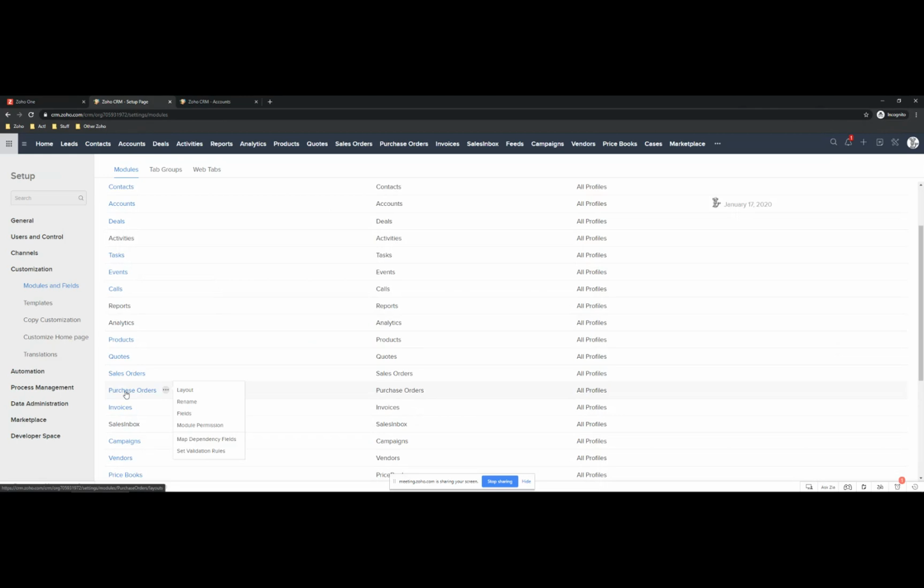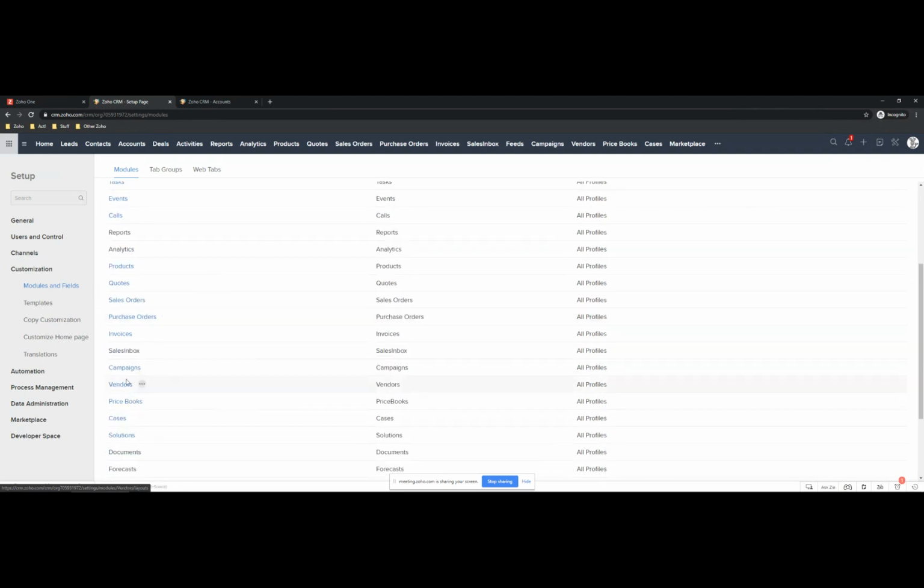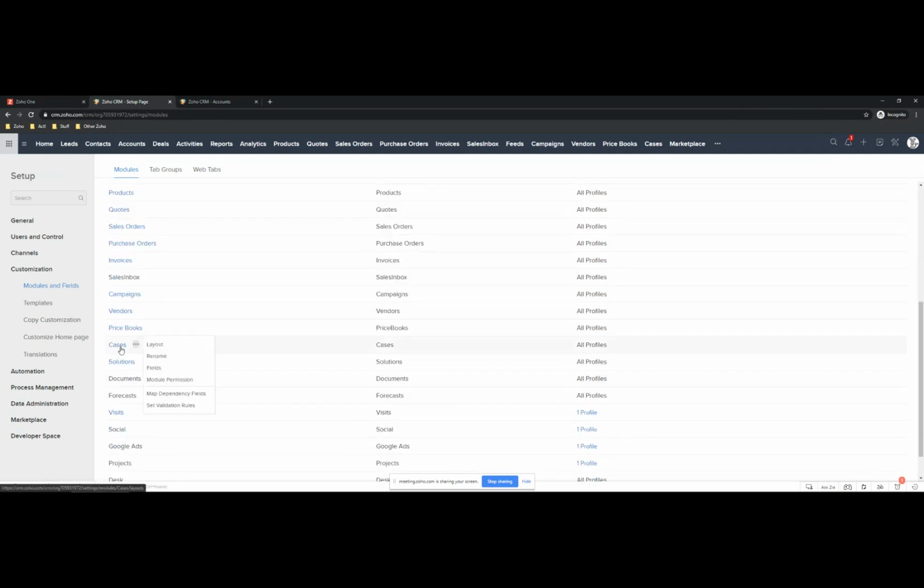CRM was first designed to be kind of self-contained, but most people have an accounting system for that. You know, there's also a thing down here called cases, and a case is like a customer's tech support issue or something. And a case can have solutions. If you're on Zoho One, like most people are, we highly recommend you use Zoho Desk instead. So you might want to turn cases and solutions off because Zoho Desk is a better system for that